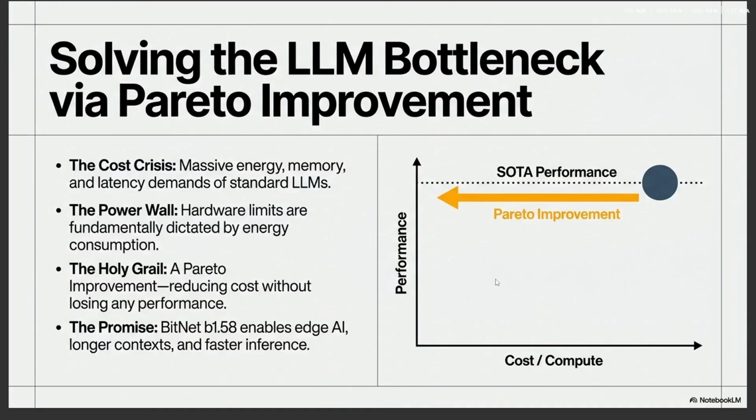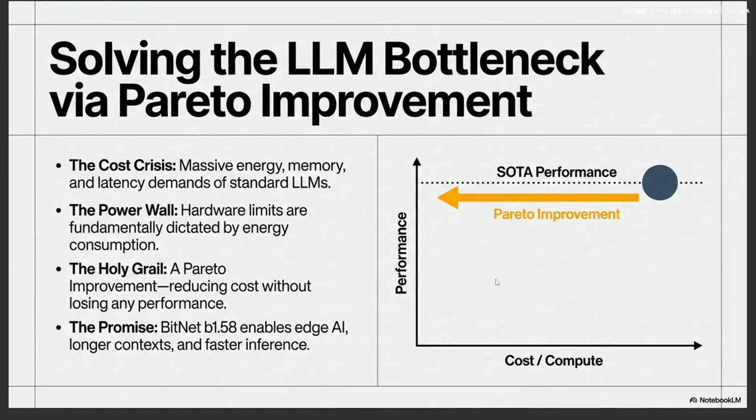On this slide, the paper introduces the main bottleneck of modern LLMs. Large language models are powerful, but they are also very expensive to run. They need a lot of GPU memory, high energy consumption, and they can have high latency during inference time. This becomes a problem when we want to deploy LLMs on smaller devices or when we want to serve many users at the same time.